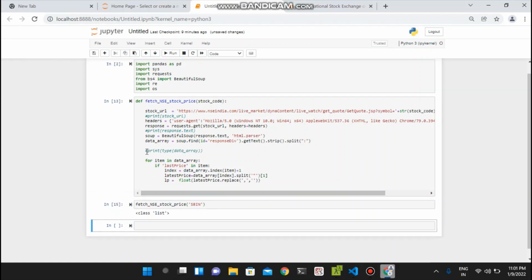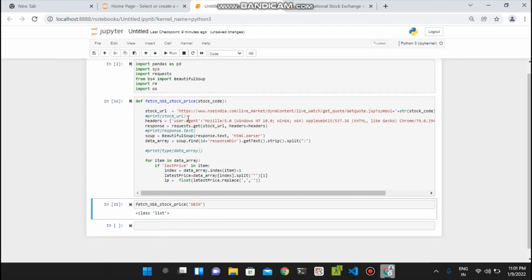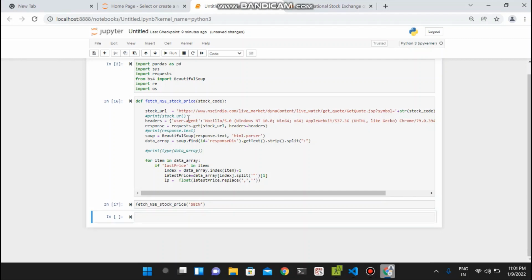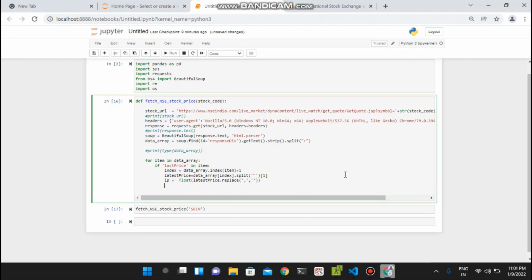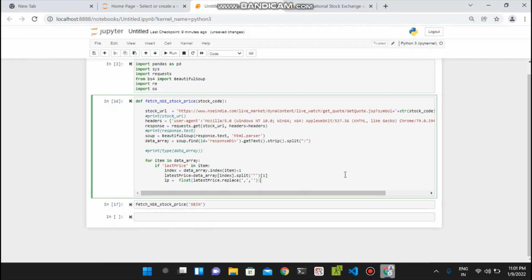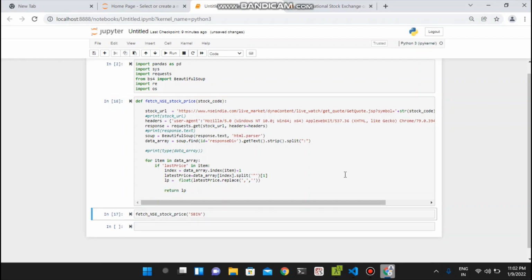it shows a class list, sorry, why is it showing a class list? Okay, sorry, once it is done, I have to return. So the moment I get the LP, I have to return the LP. Okay, so